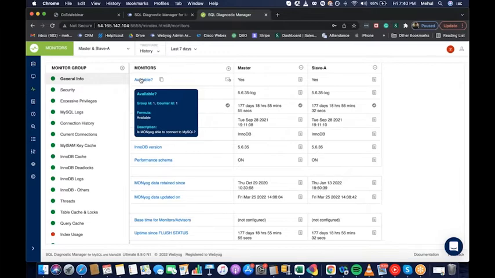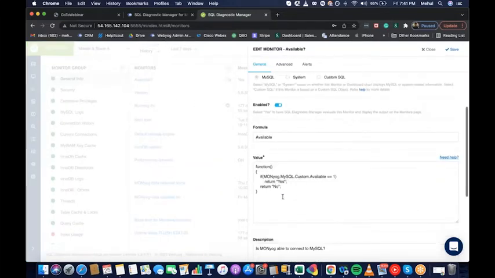The second interesting feature to note about the monitor groups is that the underlying code or the logic behind each of these monitors is not hidden from you. You can click on any particular monitor and see the underlying code or the function that's running this particular monitor. And because the underlying code is not hidden from you, you can customize these monitors to your heart's content. If as a DBA you feel that you want a particular monitor to work in a different manner than it is used to, all you need to do is update the function over here,